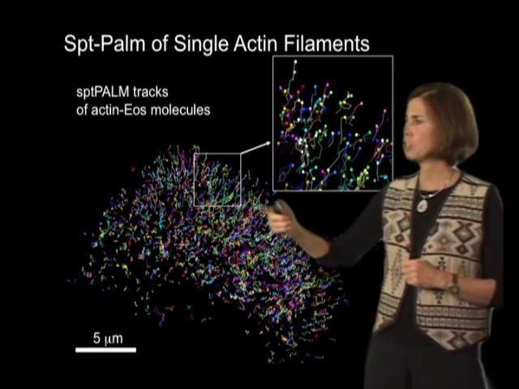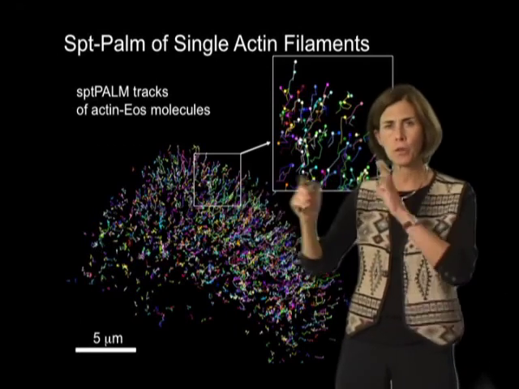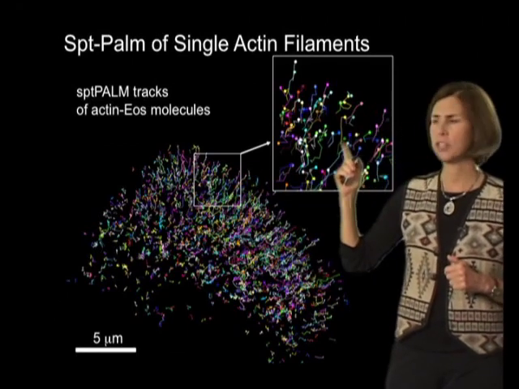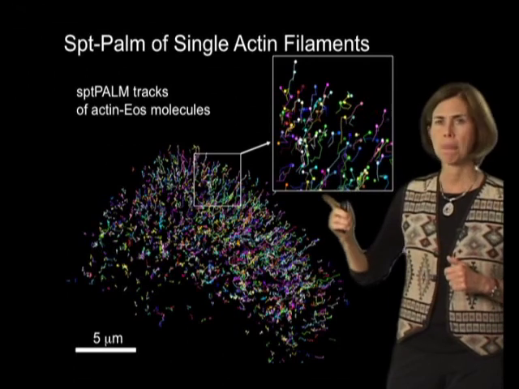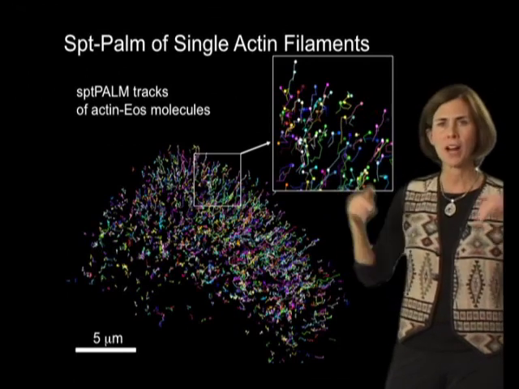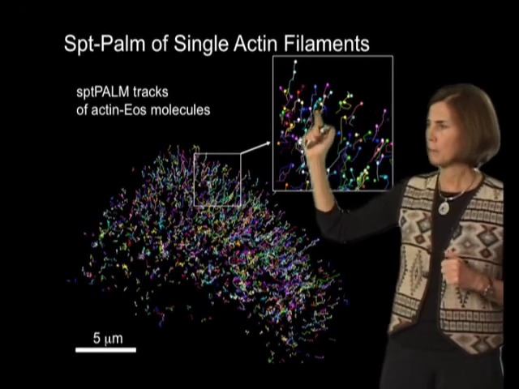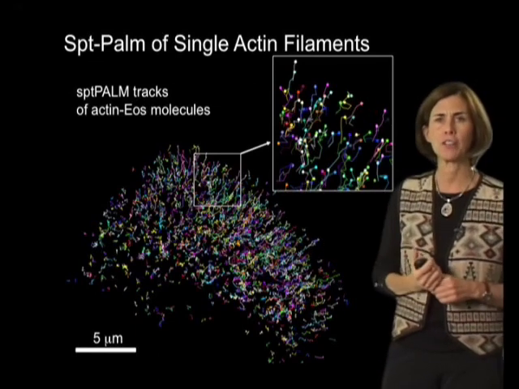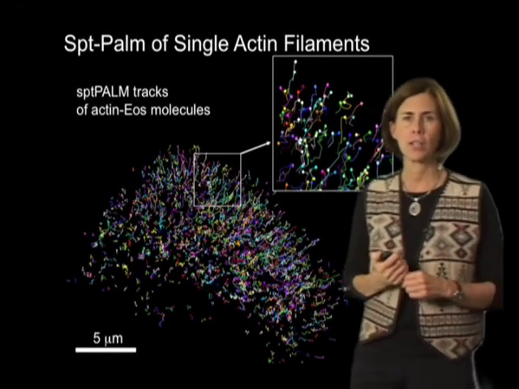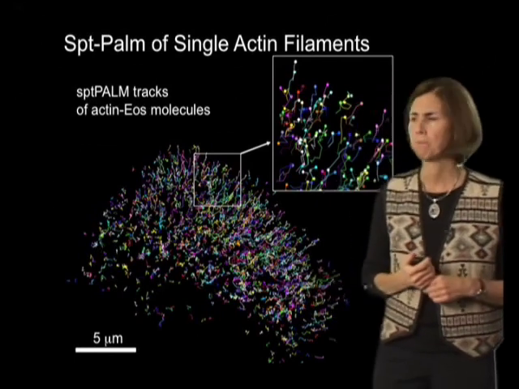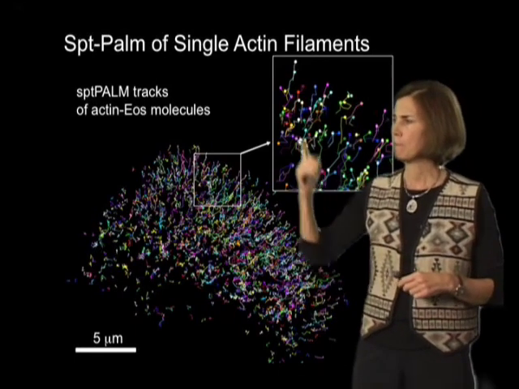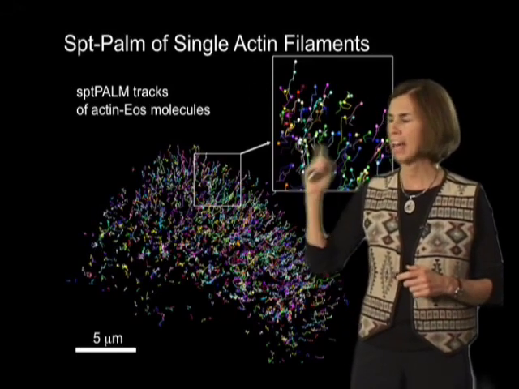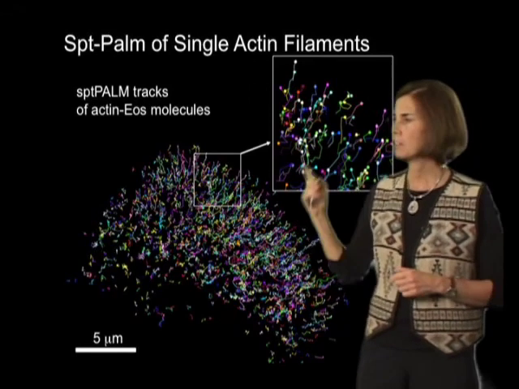And this is just a zoom up of a portion of the periphery of the cell showing the behavior of the actin molecules there. And you can see that all of these molecules are moving, and they're moving in a directed fashion, a fashion where the molecules are moving inward along tracks of actin filaments that are undergoing retrograde actin flow. And using this approach, we and others are finding some new aspects of this movement because of the ability